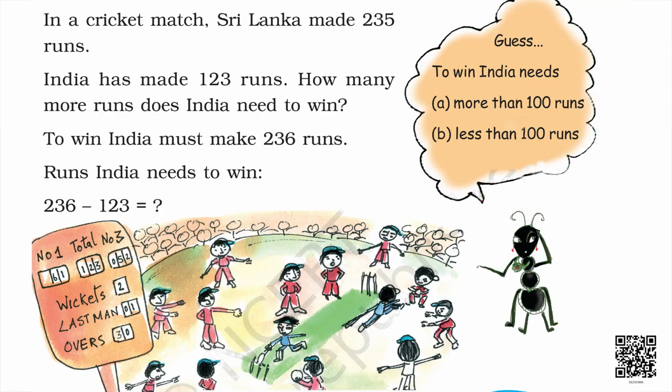So students, now we need to find the answer: how many runs does India need to win? We certainly know that to win, India must make 236 runs. So the runs India needs to win is 236, that is the total runs required by India, and then we will subtract 123 runs, that is the runs India has made till now, and then we will get the answer, that is the runs required to be made by India to win this match. So for that we will subtract